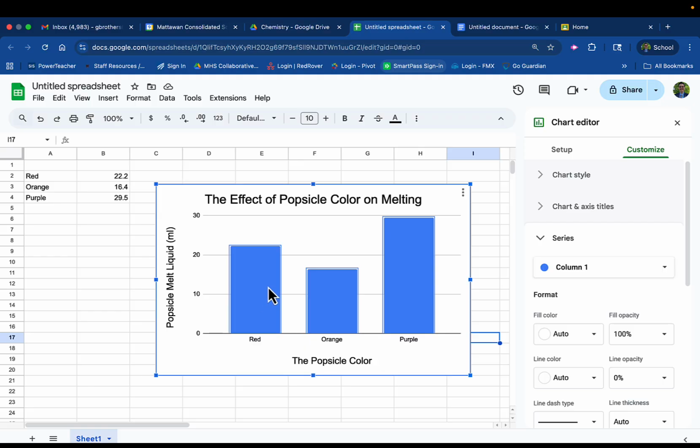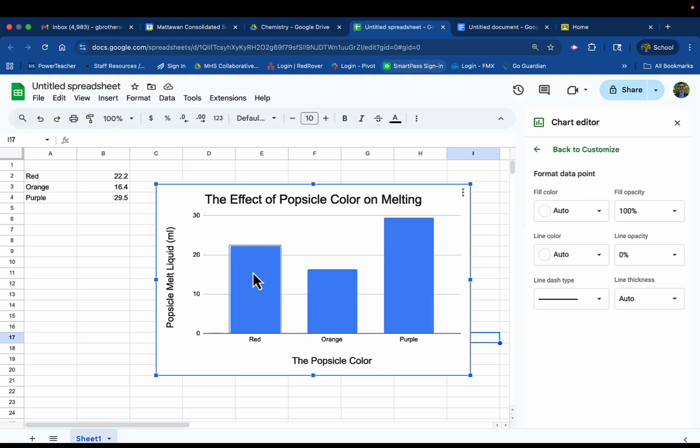Now, as you can see right now, all three of my bars have highlighted. You can see that little tiny thin blue line. That's not what we want. We want to make sure that we can just get the single bar. So double click on it again, and as you can see right now, the only bar that's highlighted is the red bar. You can see that little line around the red bar, but you don't see it around the orange